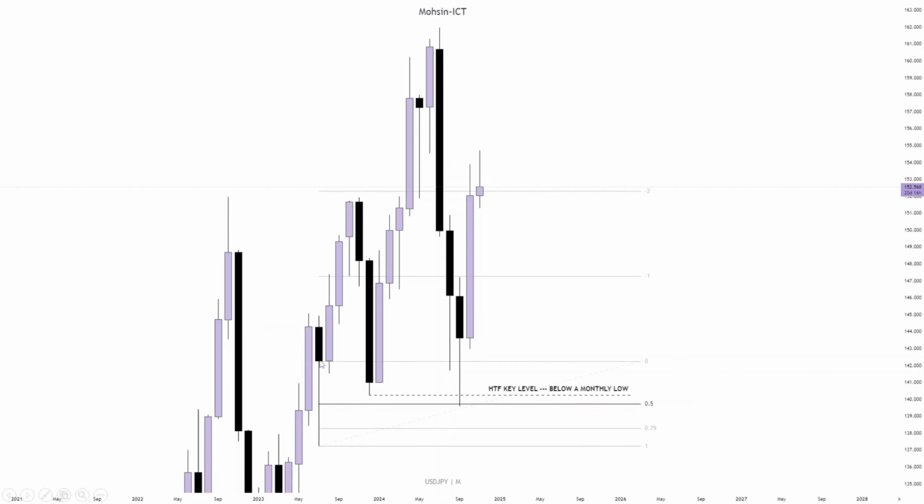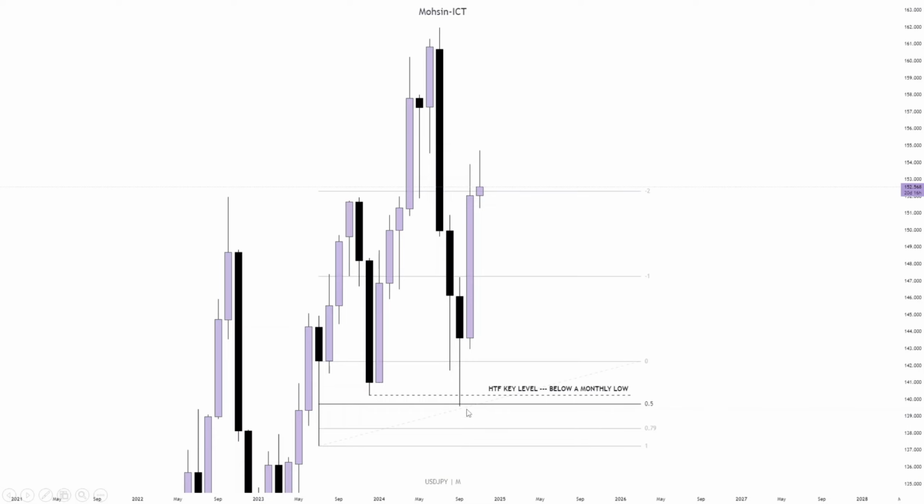You see, this is the premium wick. A premium wick is a PDA that is supported by another PDA or a higher time frame stop run, and its 50% is the level where we look for the reversal or the retracement to react from. You see, price has respected this level aggressively